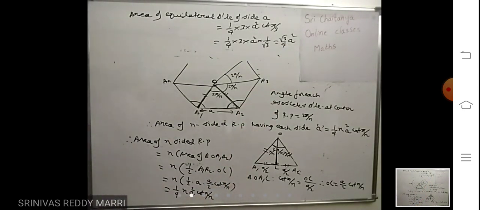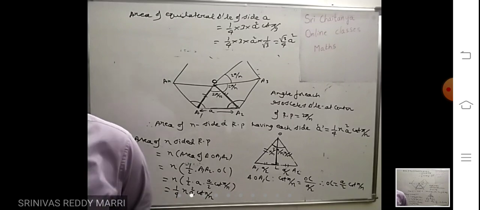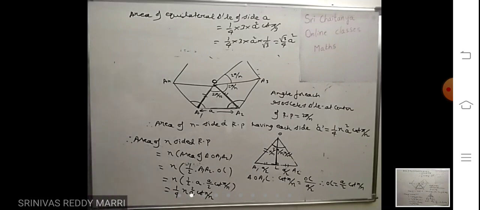If 5 sides are there, substitute n equal to 5. If the side length is given, you can substitute the side length. Take one problem, one application we will see, the last application. Just remember this formula. Whenever the number of sides and side length is given, this is how to calculate the area of a regular polygon. Only for a regular polygon, if all sides are equal. Look at one application now.